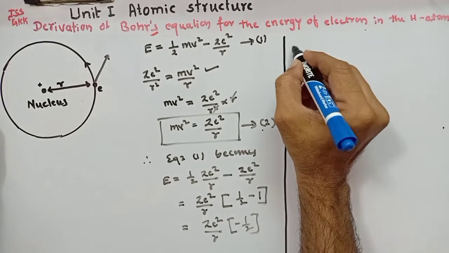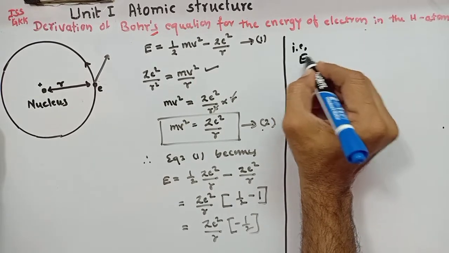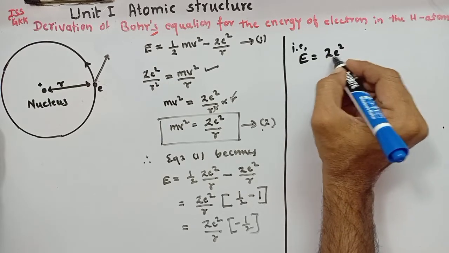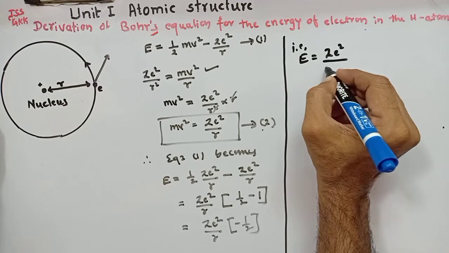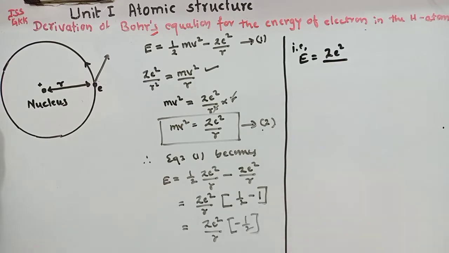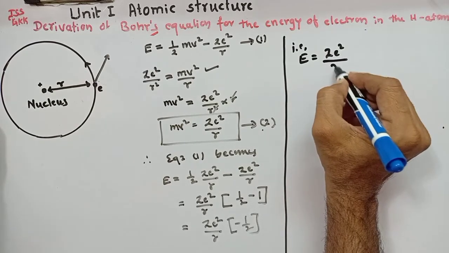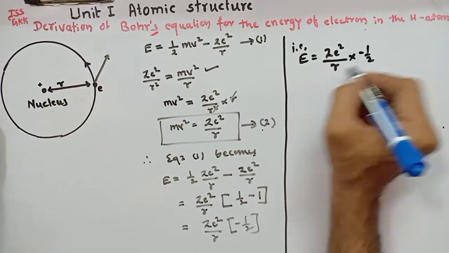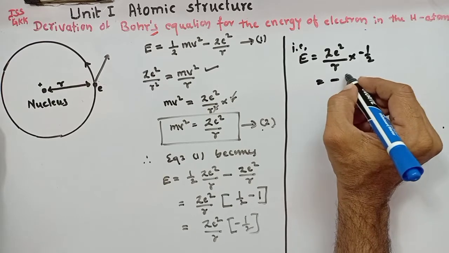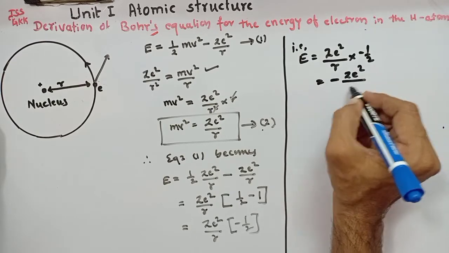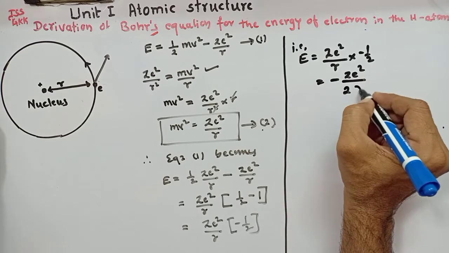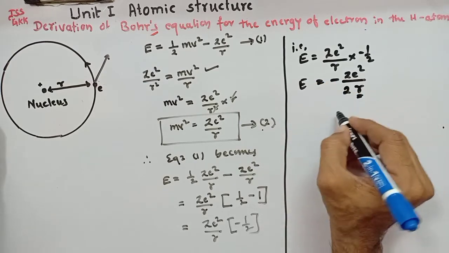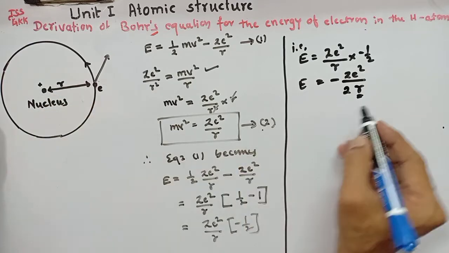That is, E is equal to Ze square divided by r into minus 1 by 2, which can be written as minus Ze square divided by 2r. Here r is nothing but the radius of an orbit, which is given by